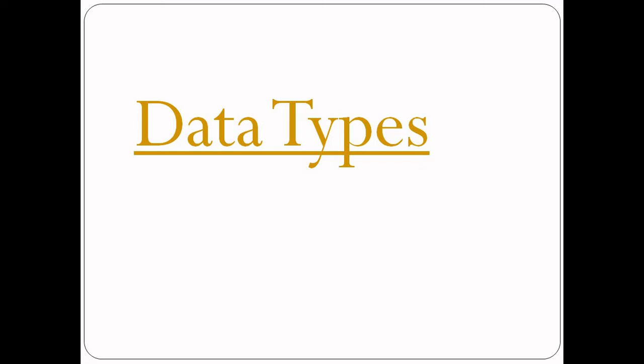Now, as we all know in programming, to work with numbers or to work with data, we'll have to accept that data through coding. We'll have to store them in something called variables. If I need to add 2 numbers, for example, through VB.NET code, I will have to first store those 2 numbers in a variable which should be defined in this particular code. We all understand what variables are. Variables are the memory containers where individual data can be stored.